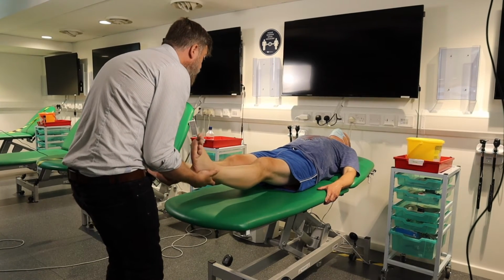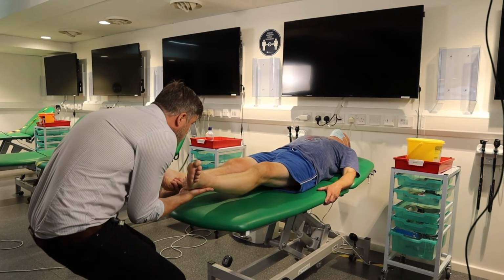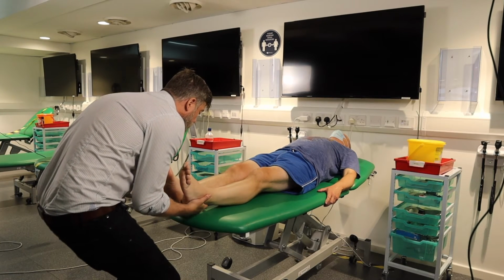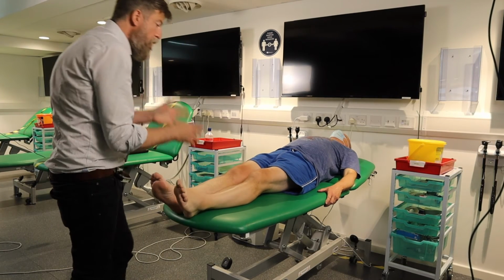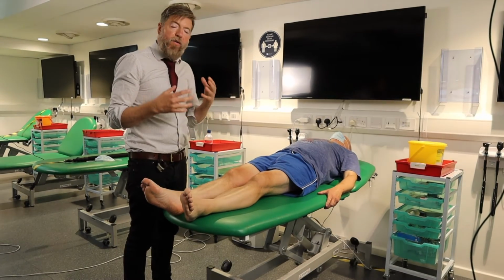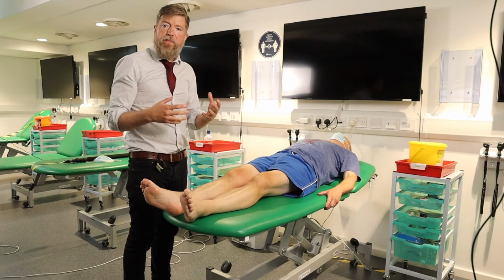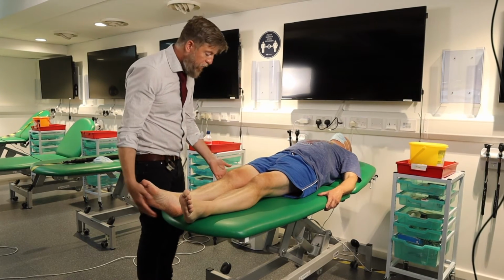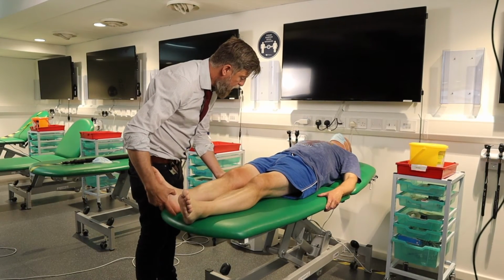If I externally rotate both, there's a little bit more, 45 to 50, but it's symmetrical. Now, when we check in with the knee not flexed, we have potentially some limitation from soft tissue. So what we need to do now is bend the knee